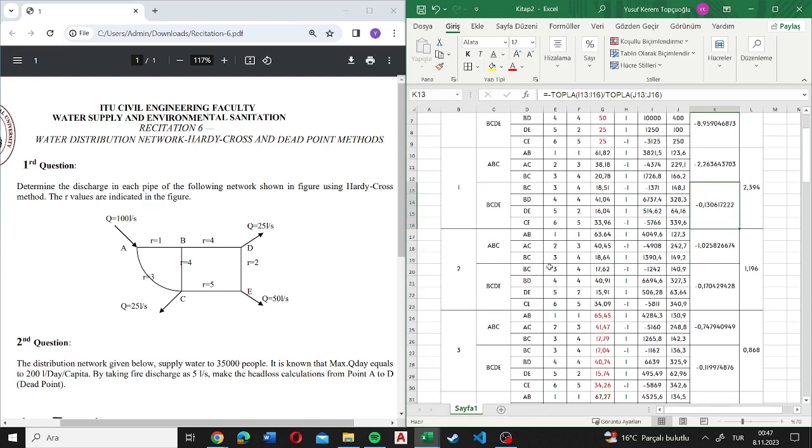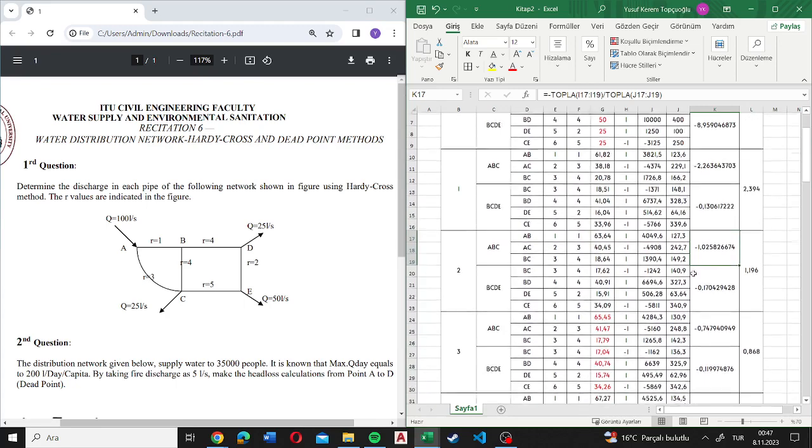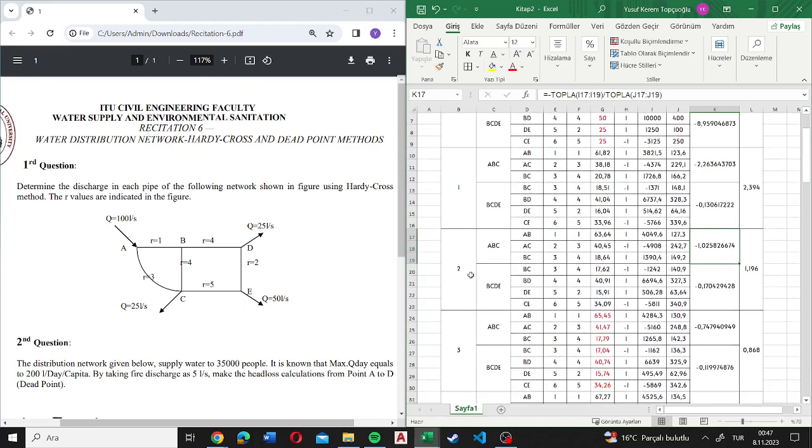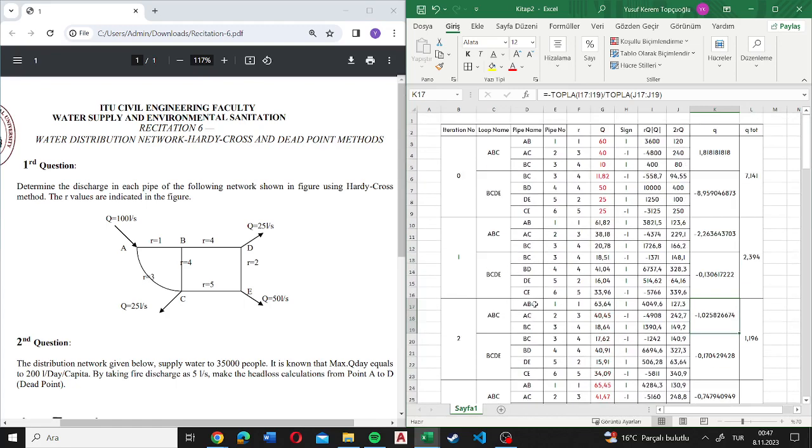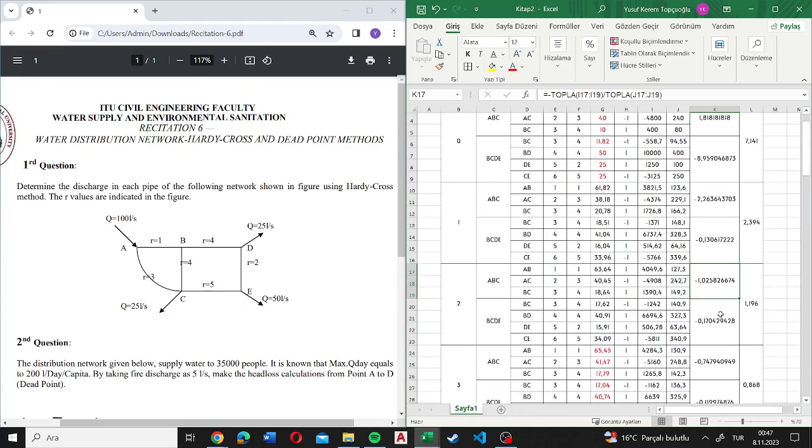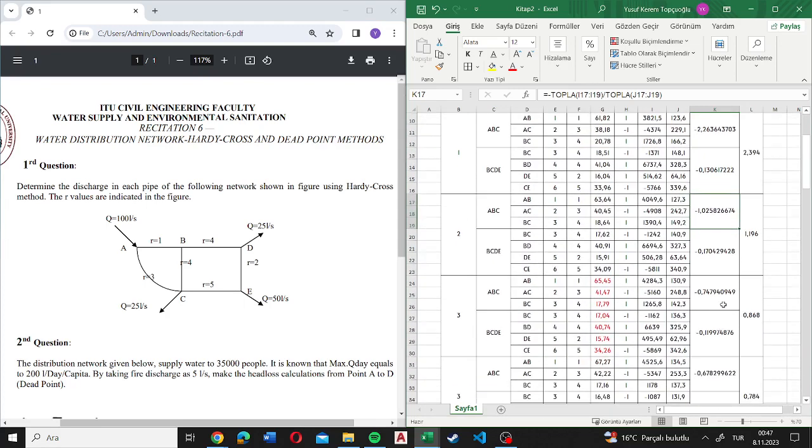After our other iterations, the Q values become lesser than the others. That's the meaning of iteration, by the way. I think we should stop at the third iteration because both of the Q values are lesser than 1, and with these Q values we found the